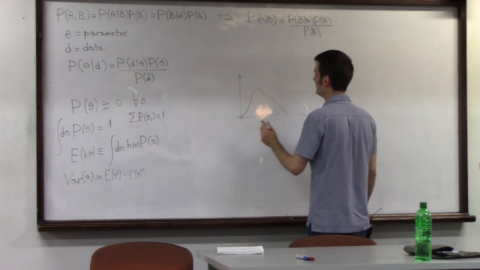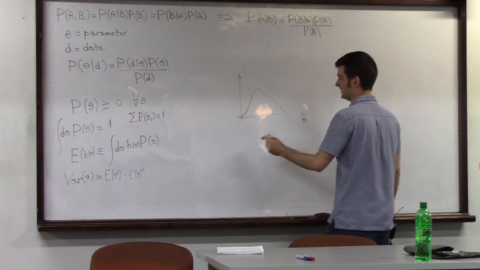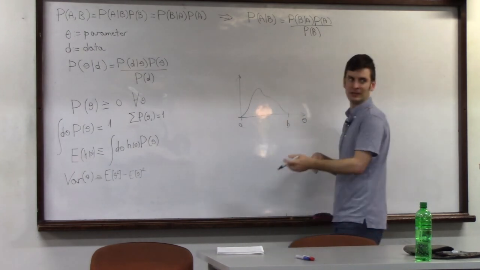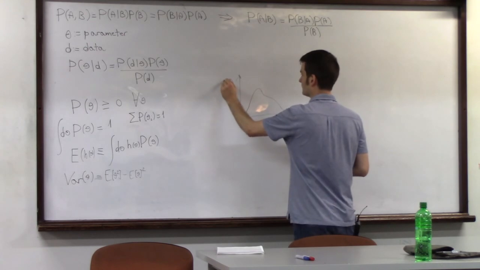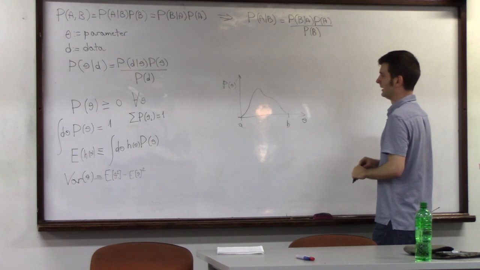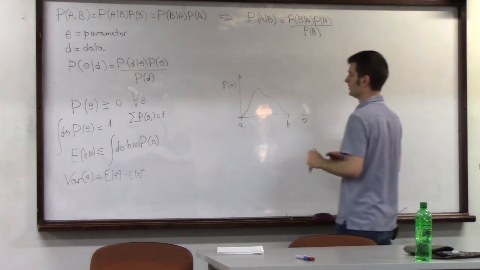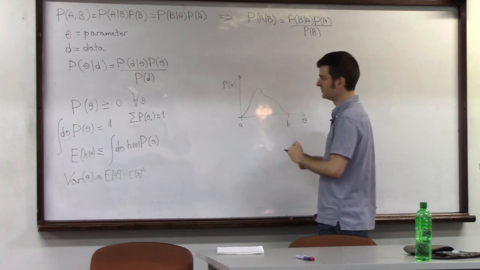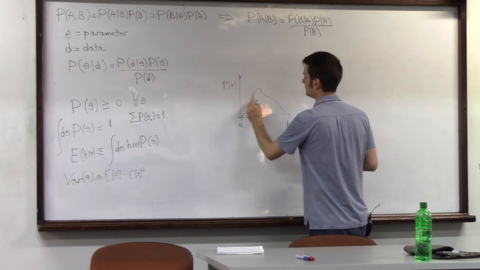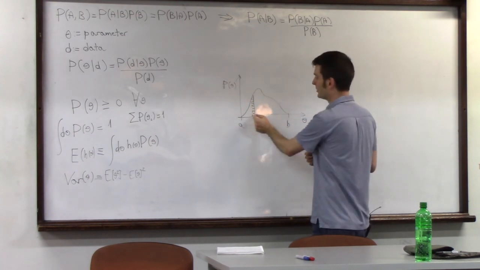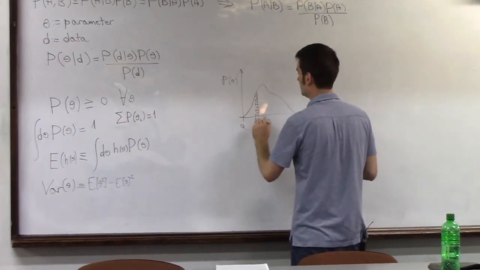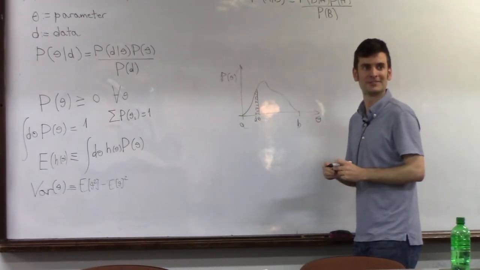For simplicity, let's assume it's bound between A and B. And we want to draw numbers in such a way that the probability of drawing a number in this interval, d theta, is